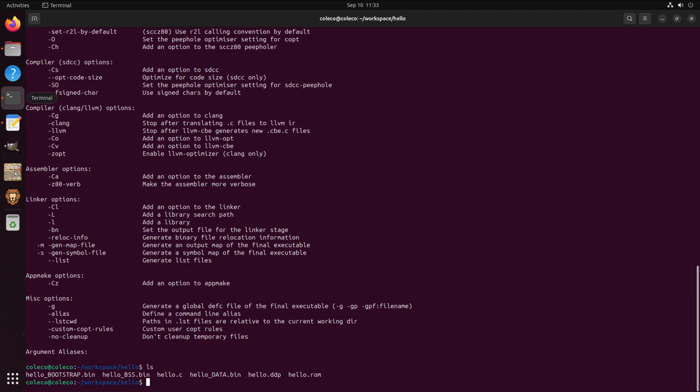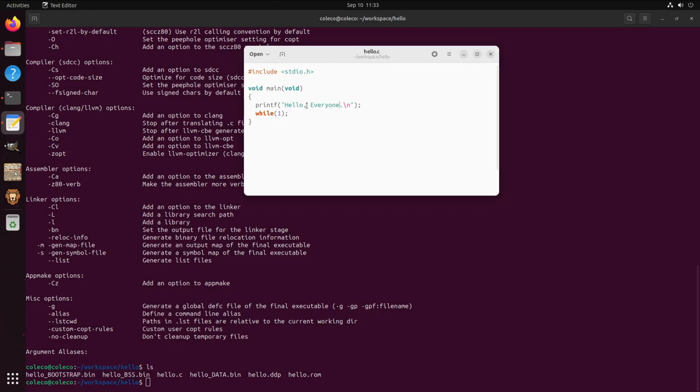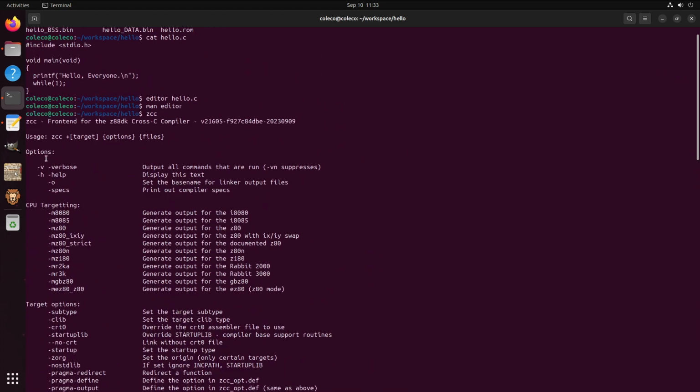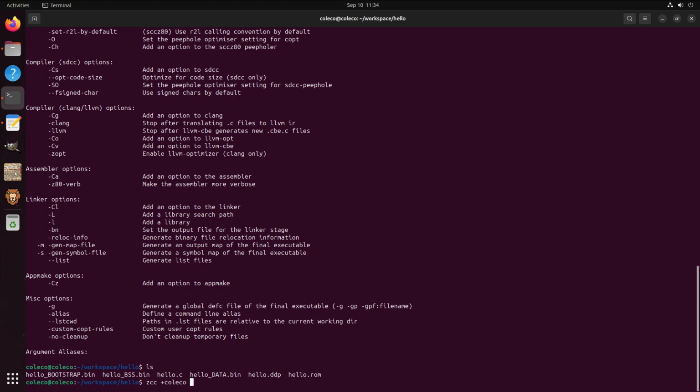For now, if we recall what we've done, we made a change up here, we saved it, and now we're going to compile it again. Recall that we did ZCC, and the commands literally say that the first thing we have to specify is a target that begins with a plus. So we have to specify plus Coleco, and at the very least, if we just specify hello.c here, what will happen